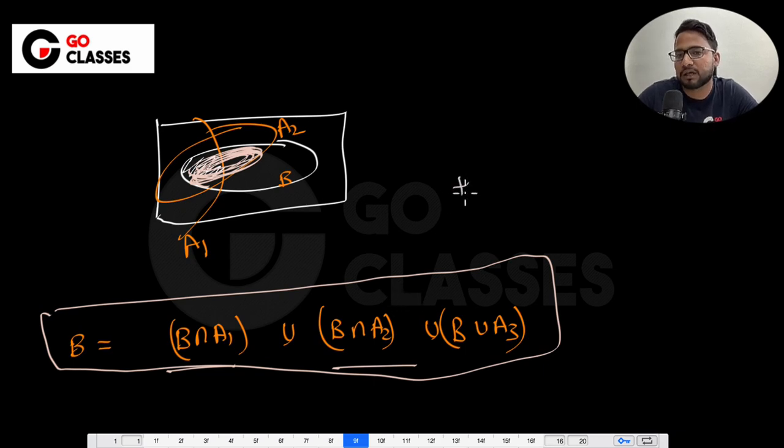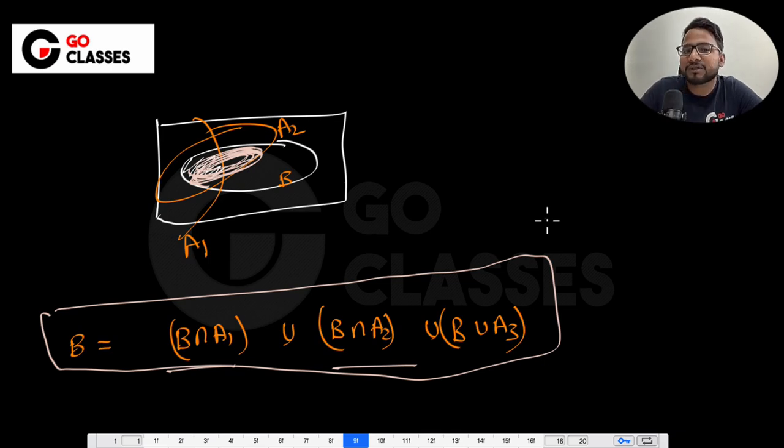It is not plus. It is not 1 plus 1 plus 1 equal to 2. It is not like I'm double counting this portion. It is a union, so it will always be counted once. So set theory doesn't say that A1 and A2 have to be disjoint, but the probability needs it.